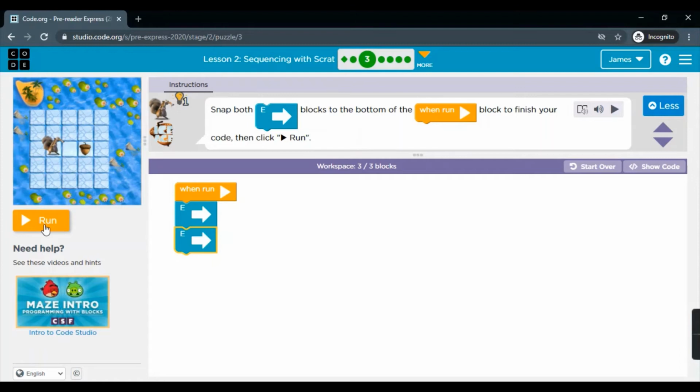Before you click on run, try to do it manually in your mind. So when scat will jump one time east, it will reach in this blank space, and then on execution of this east block, it will reach to icon. Now click on run.